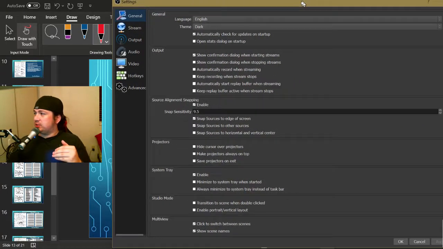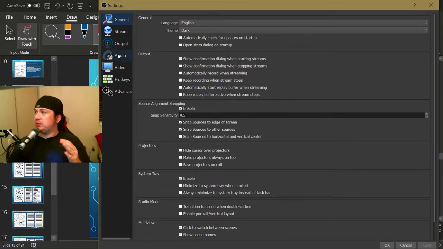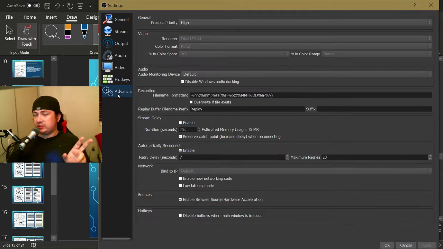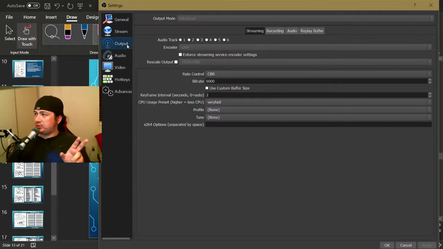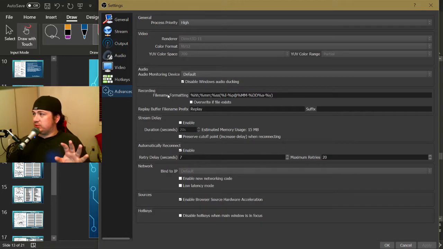So over here in the settings of OBS, I have my general, my stream, my output, my audio, my video, my hotkeys, and my advanced. So for just doing video recording, the only things you need to really worry about are your advanced and your output. So in your advanced settings, if you look under where it says recording, where my mouse is at,